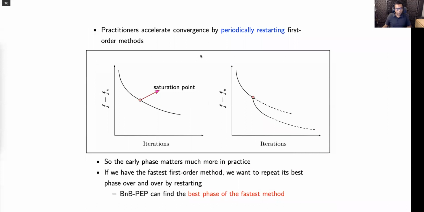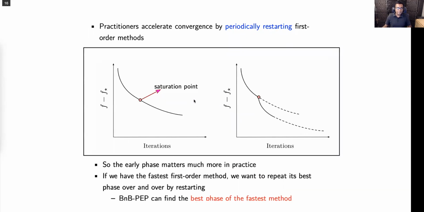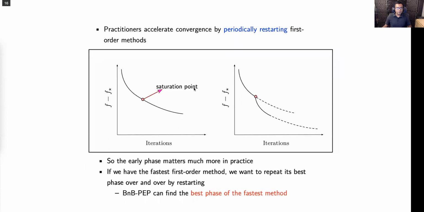So what do practitioners do in practice? Often they will try to figure out where this hypothetical saturation point is, and then try to accelerate convergence by periodically restarting those first order methods. Here you are seeing the classic first order methods behavior on reducing the function value gap. In practice, let's say this is the saturation point, and at this point,